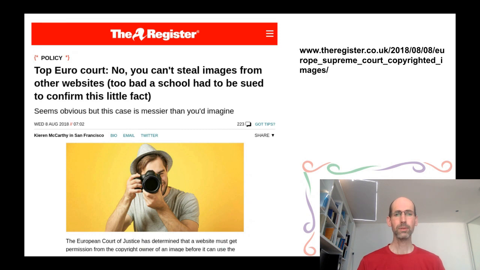And the photographer wasn't very happy about it because it wasn't used for the original purpose that the photographer had intended. And so he was able to sue the school for the use of that image without permission. Now you might think, oh, it's a school, don't they have a kind of educational exception for using images? Well, that is the case, and we're going to look into it in a minute. However, the court decided that in this case the school was using it for commercial purposes to promote the school because it was either on their homepage or somewhere else on their website. So this is a really stark warning that you can't just use images with impunity. You need to make sure that you have permission to use them.